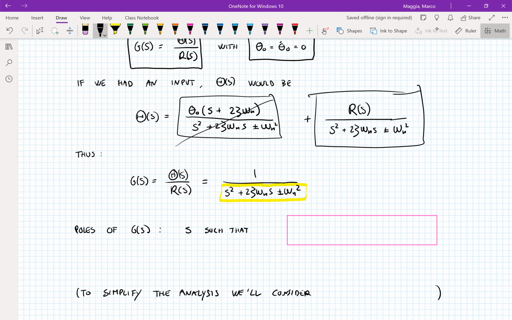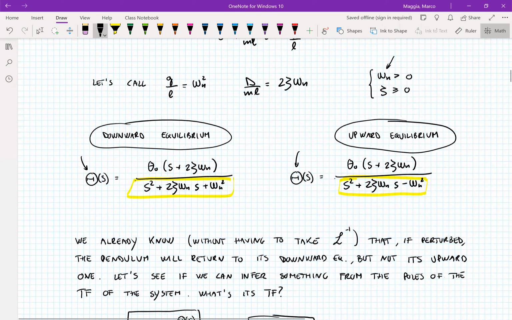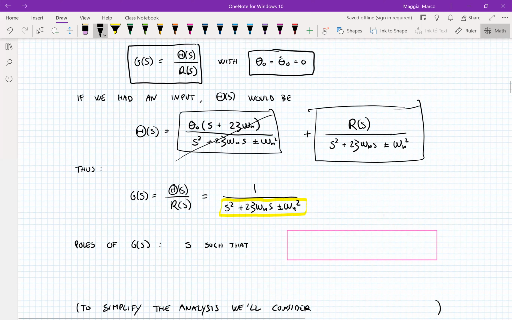And yeah, that's very convenient, but technically we should always look at the transfer function of the system, because if we had had an input that was, for instance, a ramp input, then we couldn't really look at the response because that would have extra poles due to the input itself. So we would just complicate things